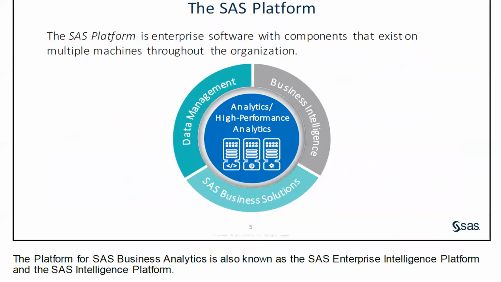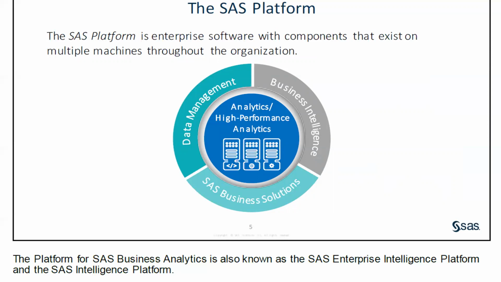Later coming to the SaaS platform. SaaS platform, SaaS VR, right? These are the two things. Then SaaS platform is all these what we are doing, enterprise business intelligence like DS Studio, OLAP Cube Studio, like for all the business solutions, okay? Data management purpose, even data flux, all this comes in the SaaS platform only. The one which you are learning, DS Studio, is also a part of the SaaS platform.